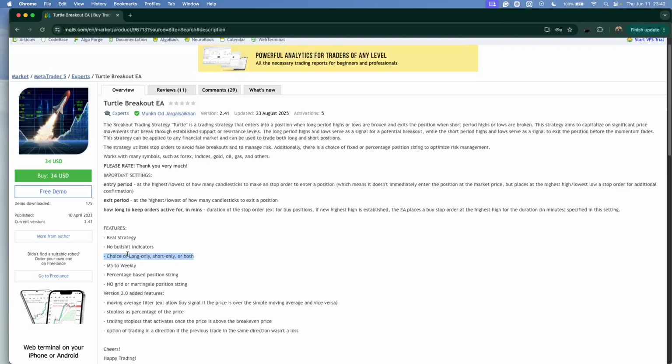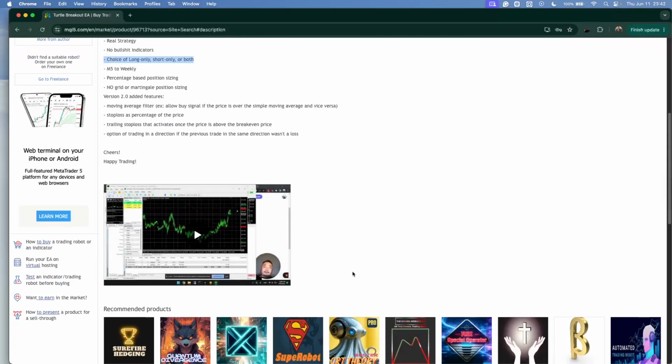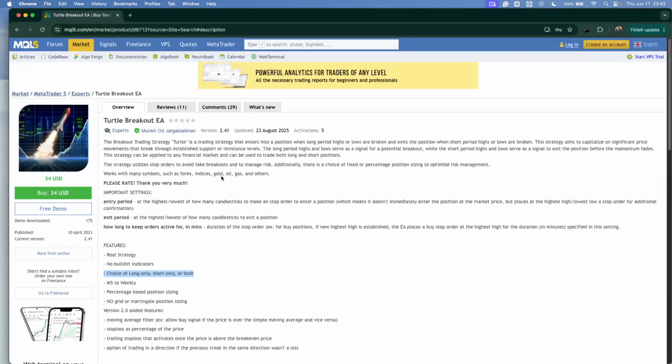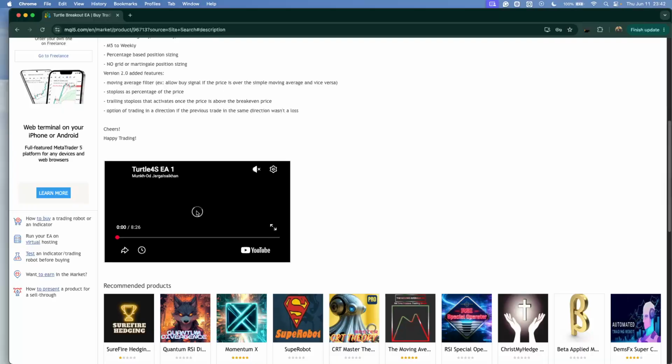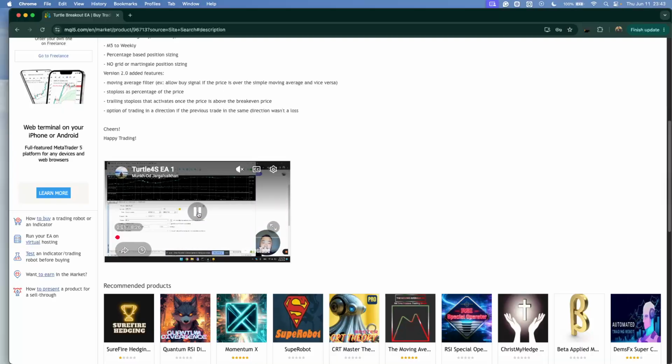We also have the moving average filter for trend alignment. We have the percentage based position sizing and stop loss. Then we have the trailing stop after break even, and also we have the option to skip trades after a loss in the same direction. It's marketed as a real no nonsense system with flexible settings. We do not get any backtest results or even a signal. There are no signal links, no backtest results, nothing from the developer except this video, and this video is from the developer himself,